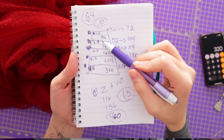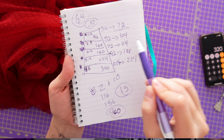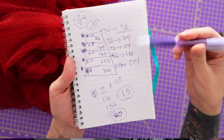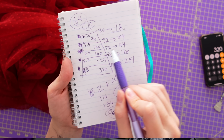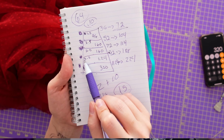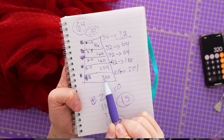Okay. We're able to get 10 inch long strips of fabric out of what we have left over here. And then each strip is 64 inches long. Okay, for the first layer, we'll do 1.5 strips, which will be 96 inches long, which is more than we need. And then for the second and third tiers, since those are very close in size, we'll do 2.5 for each one, which is 160, still more than we need. 3.5 for the fourth layer, and then 5 for the bottom layer, which would give us 320, and we only need 224. It'll be more gathered than I thought it would be,